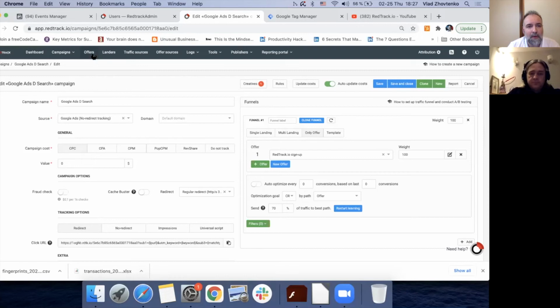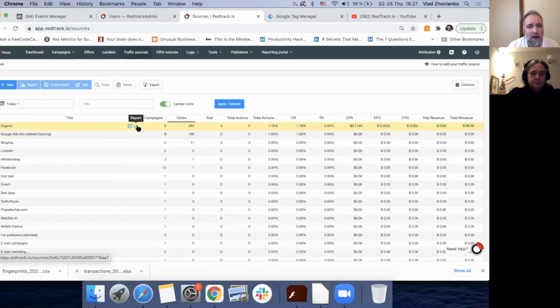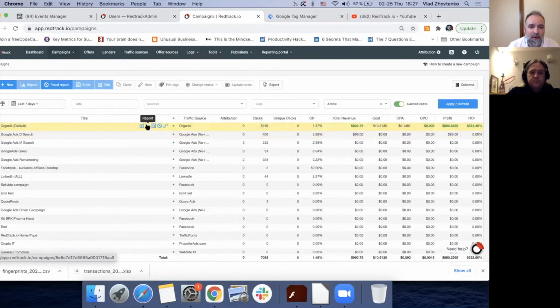But then we also have reports on the offer level, on the traffic source level, like overall for the Facebook account, or overall for your affiliate network performance. We also, based on the plan, give access to click conversions and postbacks to Google or Facebook, or Taboola, all the raw data. You of course can use custom domains. I don't want to do a full scale, very long demo. I'm just jumping across key stuff.